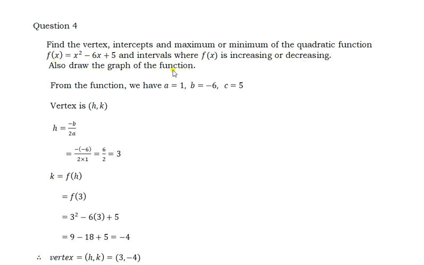So the first thing that we have to do is to find the value of a, b and c. From f of x we should find a, b, c. A is the coefficient of x square, that is 1 because there is no number here. The coefficient of x is b, so it is minus 6, not plus 6, okay? And the last number is c, so c is 5. So now we have values of a, b and c. If we know these three values and the rules for finding all these, then it's very easy.